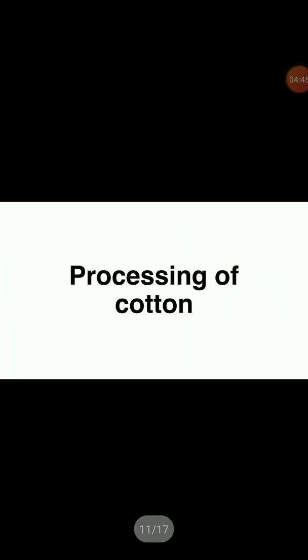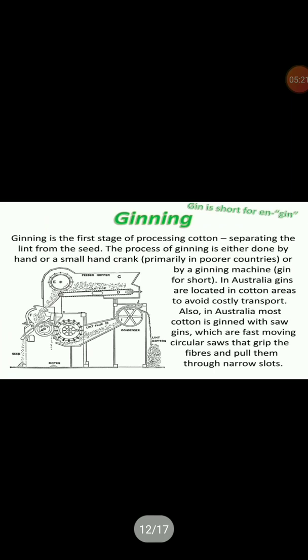So after collecting the cotton from the cotton field, we are sending it towards the factories where it is being processed, and the cotton ball is having the seeds inside. That black color seeds are required to be removed from it, and the process in which we are removing the seed from cotton ball is called ginning. In the ginning, we are separating out cotton seeds from the cotton ball.